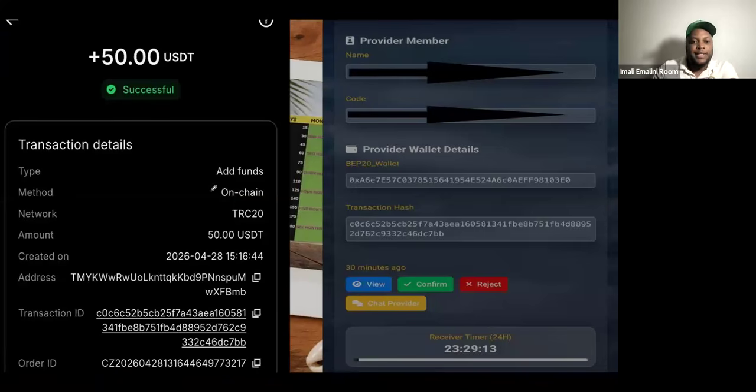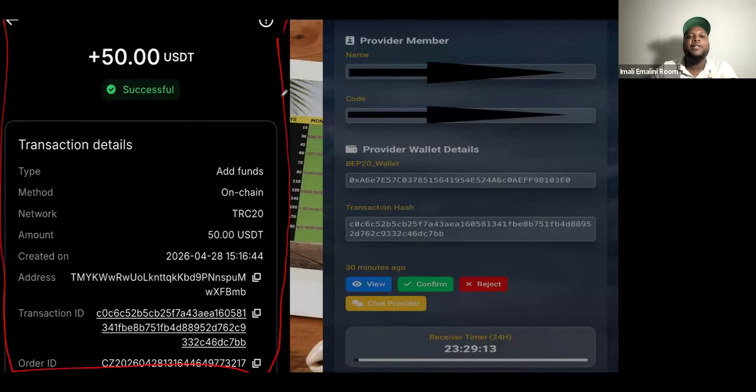So in detail, this is what you see in terms of confirming. This is how you confirm. The person will pay you like this. This is the payment, the proof of payment screenshot, and it has the amount. It's successful. It has a date. It has a network and the coin, USDT. Now you copy this hash and attach it to your back office.